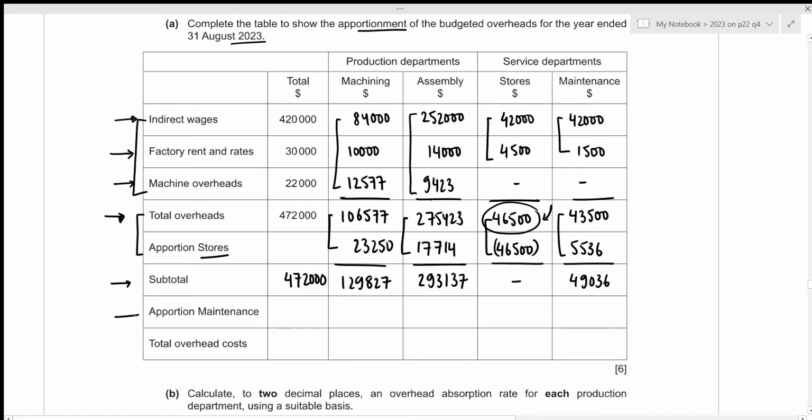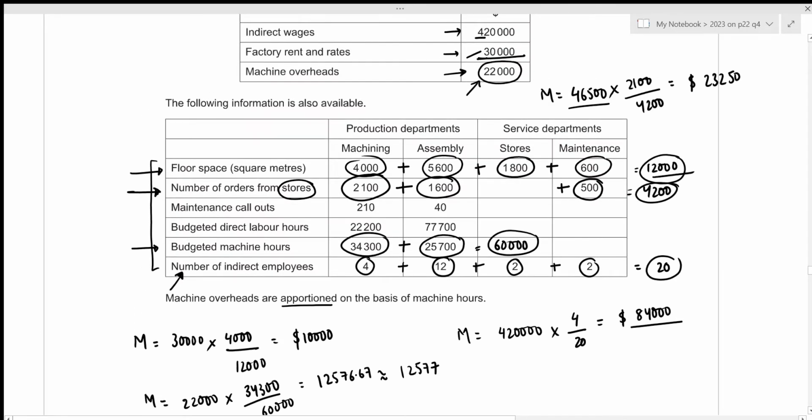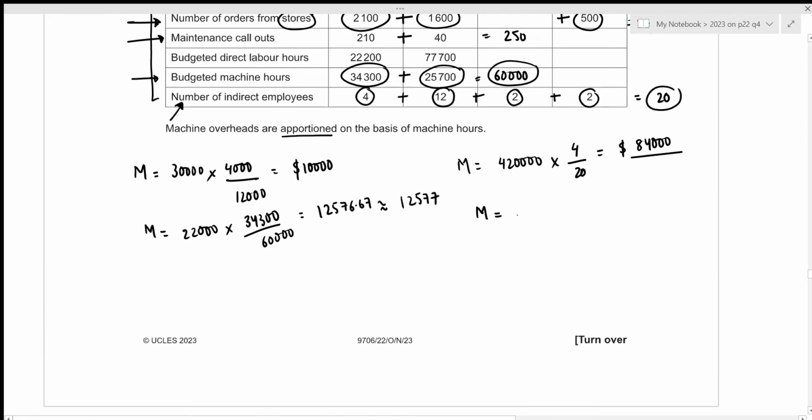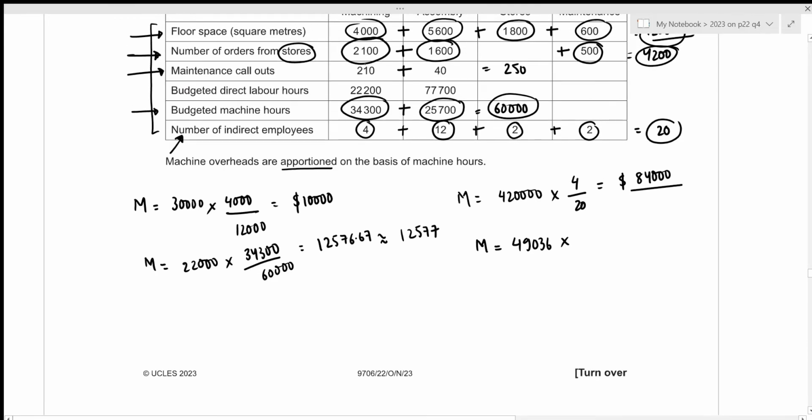Now we need to reapportion the maintenance overheads. So the total for maintenance is 49,036. Let's have a look at the basis of apportionment, which will be maintenance callouts. Now we need to divide it among our two production departments. Let's figure out the total. So that's 210 plus 40, which results in 250. Now, if we're trying to figure it out for the machining department, we start with the total for the maintenance, which is 49,036. Then we divide it by the appropriate fraction, which in this case will be 210 divided by 250,